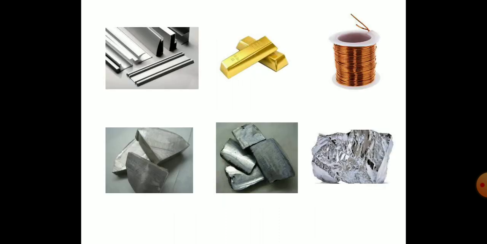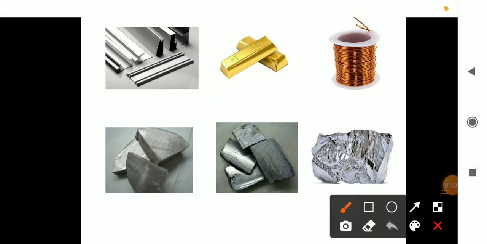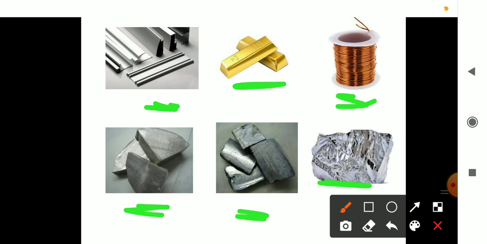Okay, dear students, in this slide I have shown various elements. The first one is aluminium, the second one is gold, this is copper, this is sodium, this is potassium, and this is nickel. So various elements are present, and each element is unique in its nature. They have different physical and chemical properties, but some similarities are found in their properties. So based on the similarity we have to arrange them in the form of a table so that it is easy to remember them, because till date we have around 120 elements.